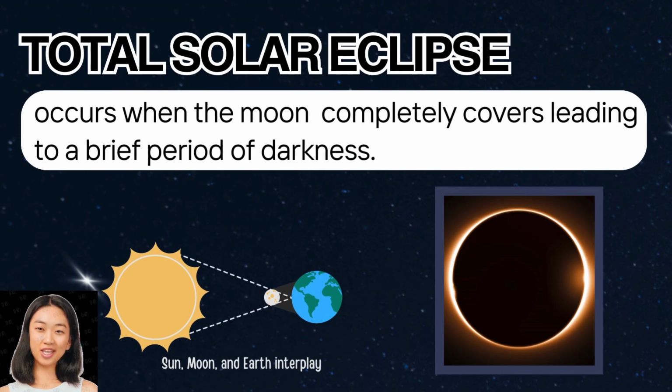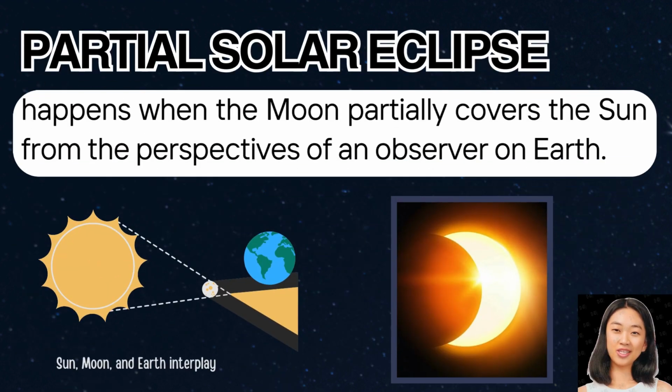Imagine you are outside on a sunny day, and suddenly, it becomes dark. This actually happened on August 21, 2017, when many people in the United States experienced a total solar eclipse. For a few minutes, it was as if night had fallen in the middle of the day. Cool, isn't it? Moving on, in a partial solar eclipse, the Moon only covers part of the Sun, making it